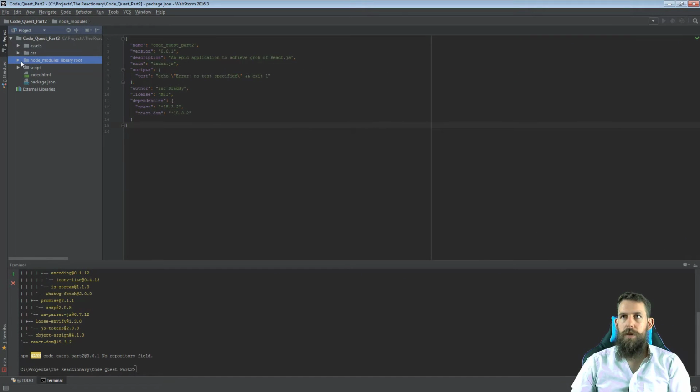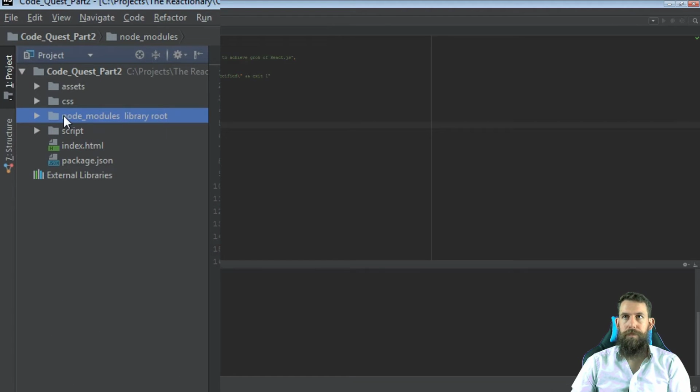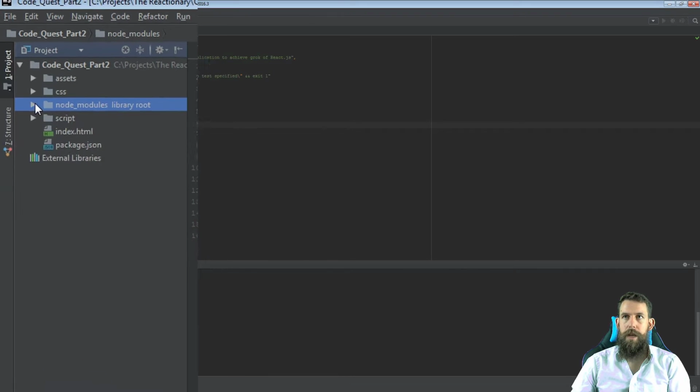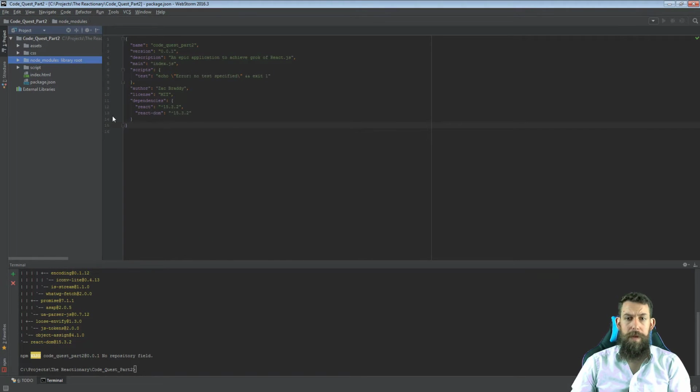The packages get installed within node_modules here. And if we open this up, you'll see that it's pulled a whole heap of things down from the internet. The cool thing about this package.json is the fact that it describes the dependencies and the behaviors of the build pipeline, which means that you can store this straight into source control, and you don't have to worry about storing all these dependencies. So what we could do is we could have a .gitignore that ignores these node modules, so it doesn't